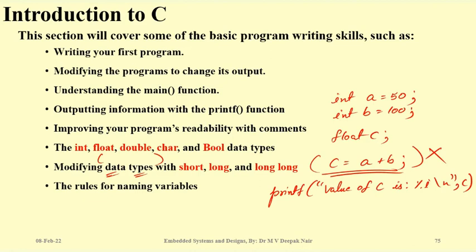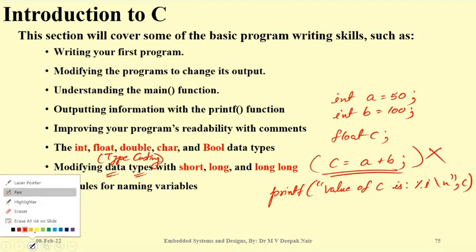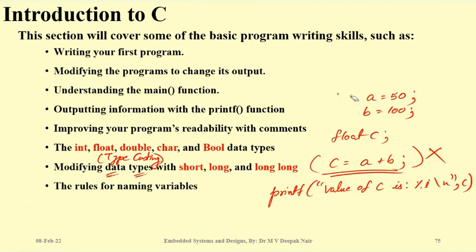How many of you think this is allowed or not? So it is allowed. Implicit, the term is called typecasting, right? Typecasting, and it is allowed. But if I go in another way, or if I just change the type of the data type, okay? So suppose there was a float a equal to 50.3, and float b equal to 100.01, and now c is int, is it allowed now?